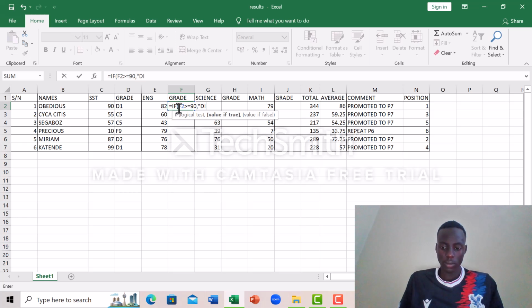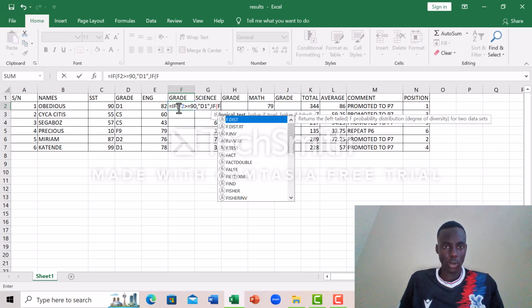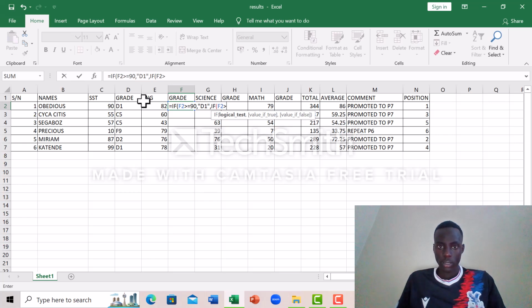D1. We shall close our quotation marks, comma. Then we shall continue doing it for the rest like that, until we finish up to F9. So let's continue as we look at the screen. So we shall write if, open another bracket, if F2, remember we're using the F2 column, if F2 is greater than or equal to 80,